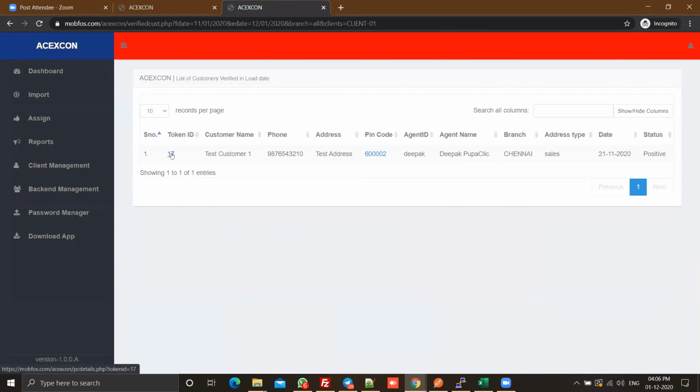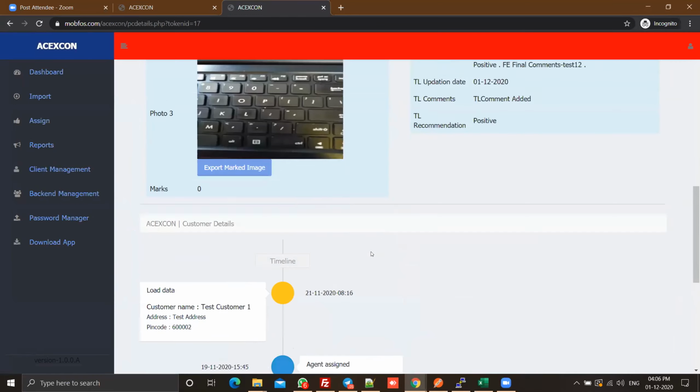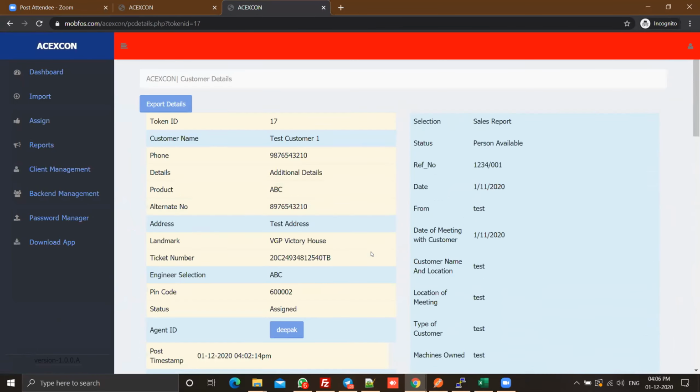Yeah, so token ID 17 comes under verified. So when you click on the case, you'll get the closed details as well. Okay.